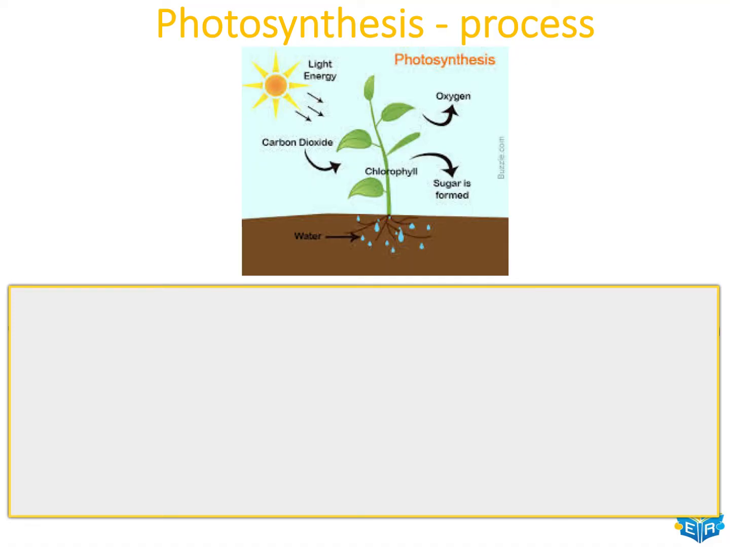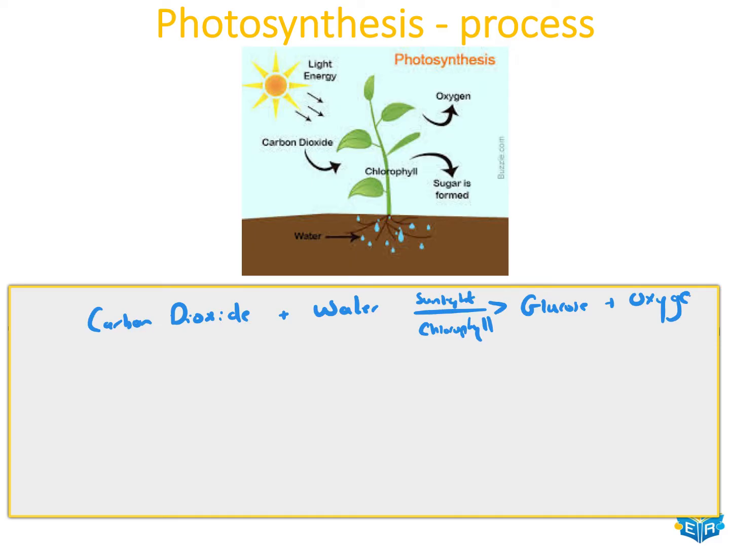So for photosynthesis, the carbon dioxide, which is one of the requirements, is going to be taken into the leaf. We're also going to have water absorbed by the roots. The sunlight is going to be trapped by the chlorophyll, and we're going to produce glucose and oxygen gas as well. Okay, so we can see our 4 requirements here: sunlight, chlorophyll, water, and our carbon dioxide. So carbon dioxide and water will be used, the sunlight will be trapped by the chlorophyll, and we will form glucose and